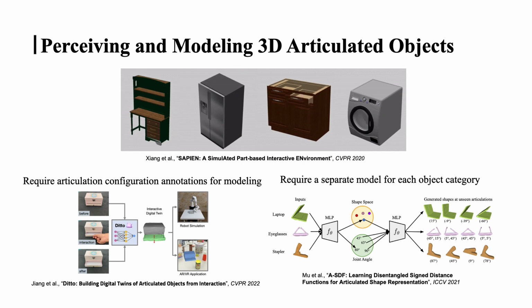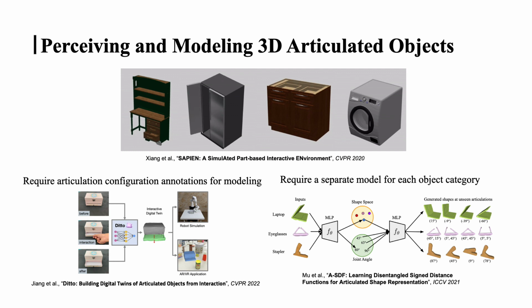The space of 3D articulated objects is exceptionally rich in their huge semantic categories, diverse shape geometry, and complicated part functionality. Therefore, it is an important but challenging task for robots to perceive, model, and further interact with 3D articulated objects. For the modeling of articulated objects, recent works need to train a separate model for each object category, or